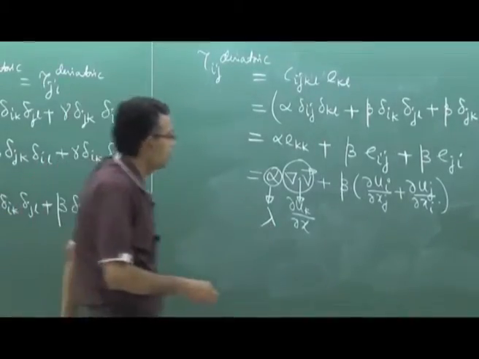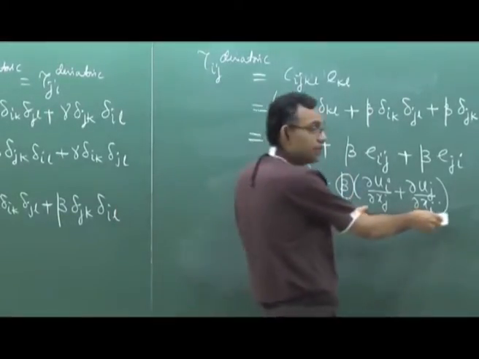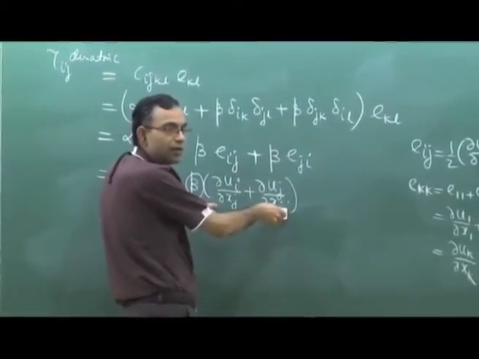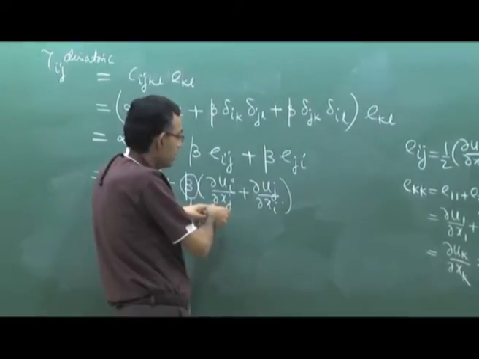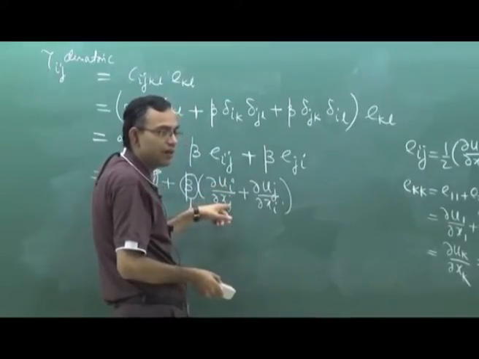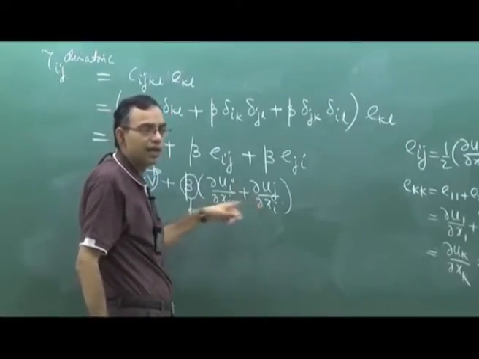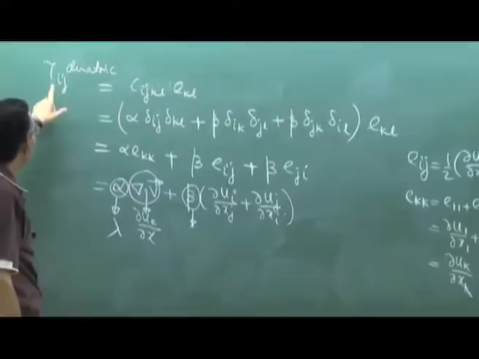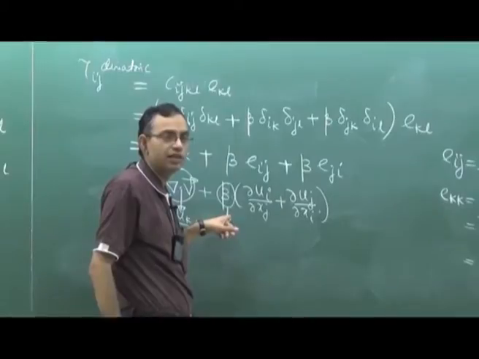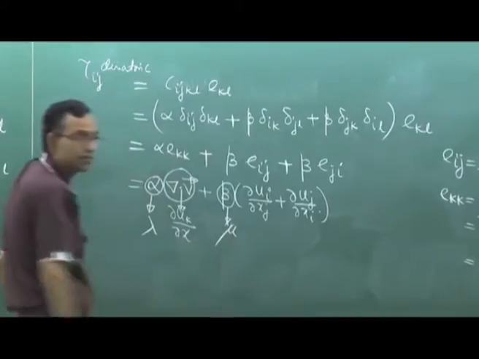Okay. Now what is this? Can you recall from kinematics of flow what this is? This is the rate of deformation. If i is not equal to j, that is shear deformation, and if i equals j, that is linear deformation. But it is in general the rate of deformation. So you have the stress proportional to the rate of deformation. What is this proportionality constant called? Viscosity of the fluid. So this beta physically is viscosity.